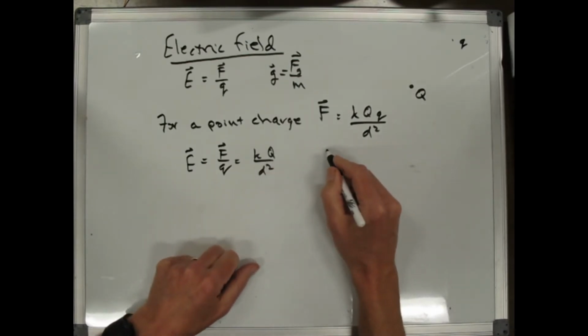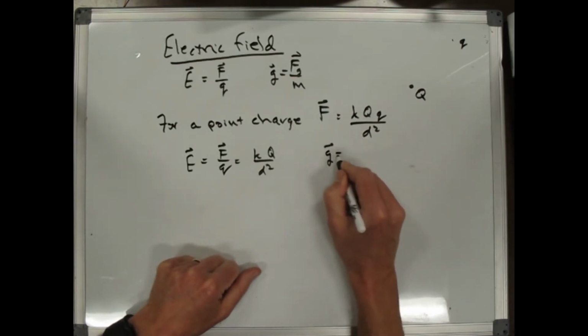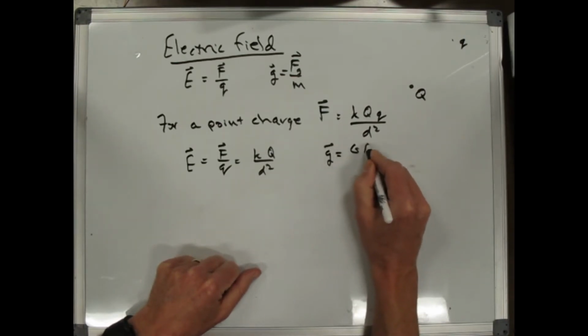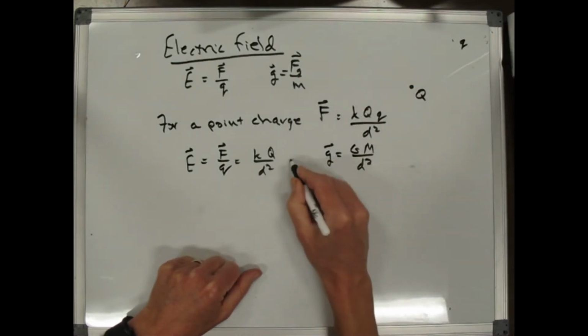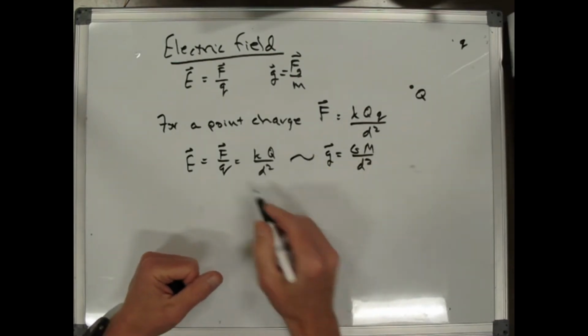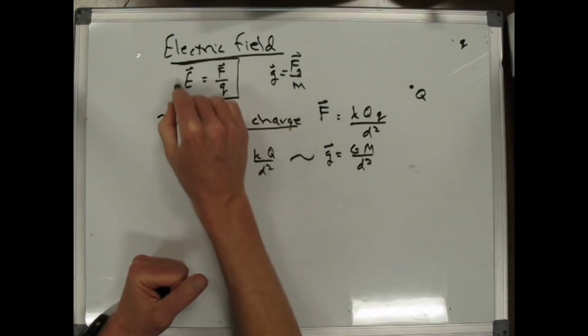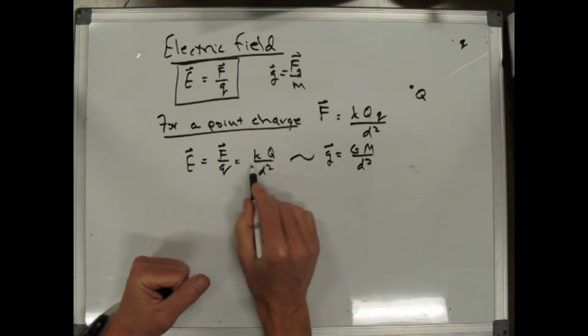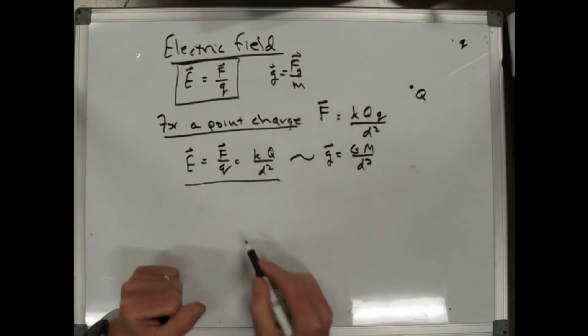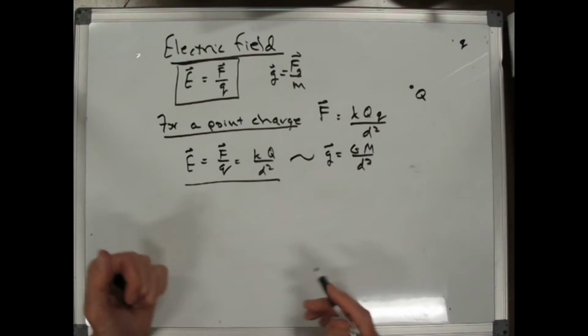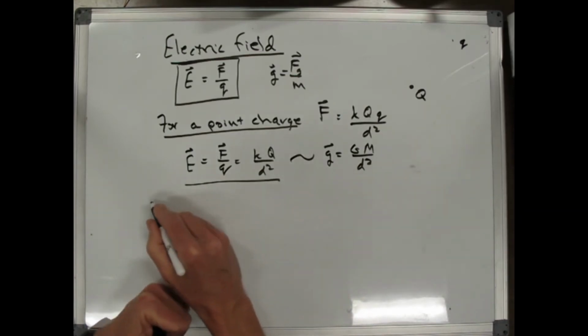This looks very similar to g equals GM over d squared, right? Like that. And so this is for a point charge. So this is the definition of the electric field here. It's the force per charge, and this is what it is for a point charge. And so I can say, look,